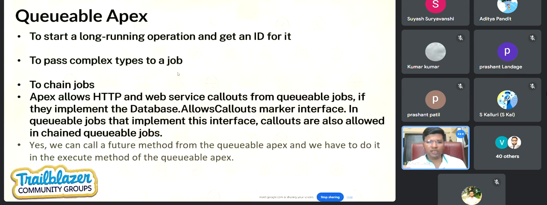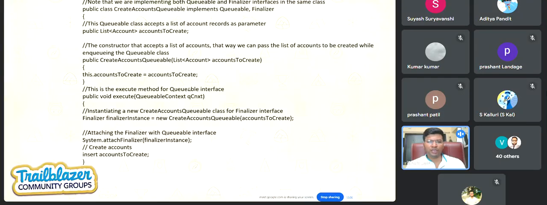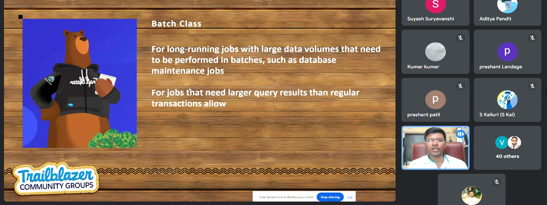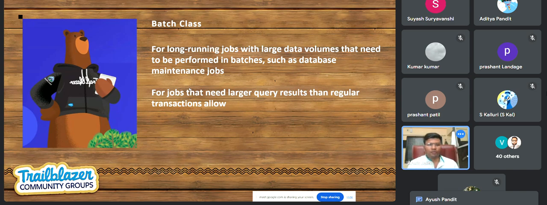Queueable is advised for a specific reason, like you want to pass the user as a parameter, you want to chain it, or you want to have a long running operation. But batch class is specifically in place to handle large amounts of data. So the recommendation should always be to go with batch classes if you already know that the volume is too large. Plus, from the processing perspective, it's already chunking the data for you. With Queueable, splitting it and doing so much chaining would add too much complexity as well. Instead, let Salesforce handle things in a simple way.